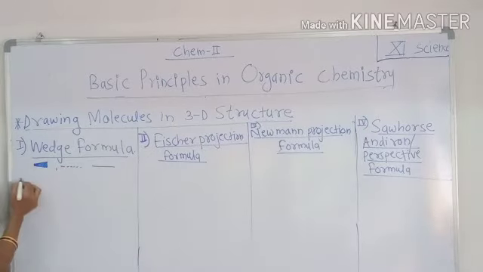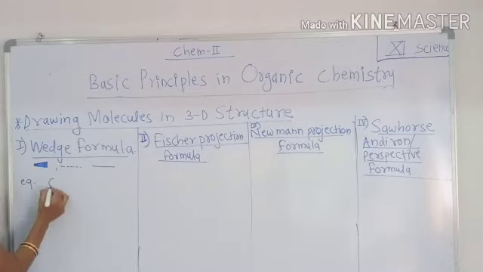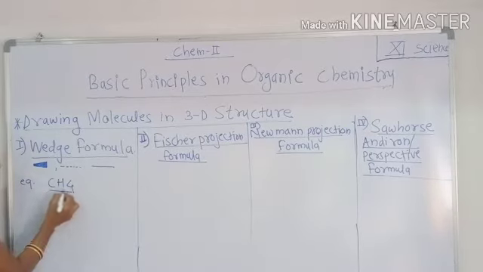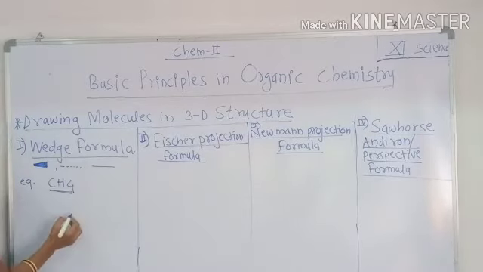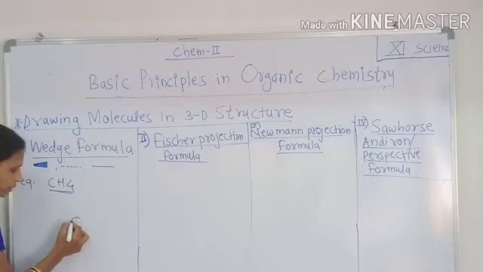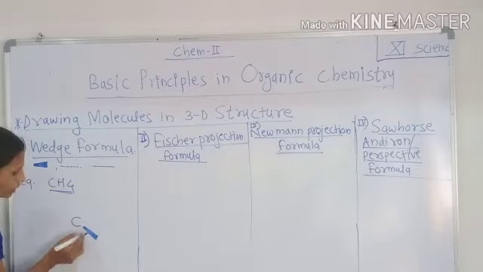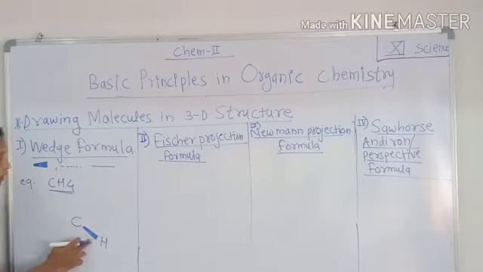Then see here the first simple example for it, that is methane. Methane has the formula CH4, containing only one carbon atom. Therefore, we have to write the geometry of methane, the 3D structure of methane, using wedge formula like this. First of all, write the carbon atom at the center. Then the CH bonds: there are 4 CH bonds, which are represented by using solid wedge, dashed wedge and normal wedge. Here one of the CH bonds is represented by solid wedge, and that solid wedge indicates that